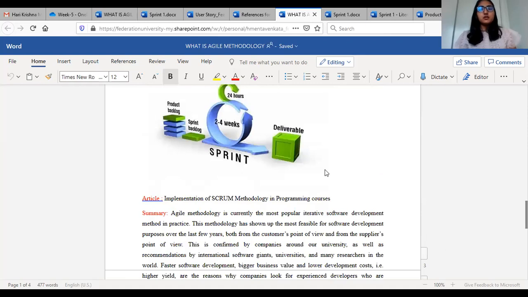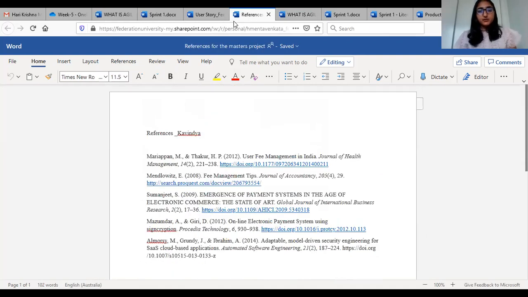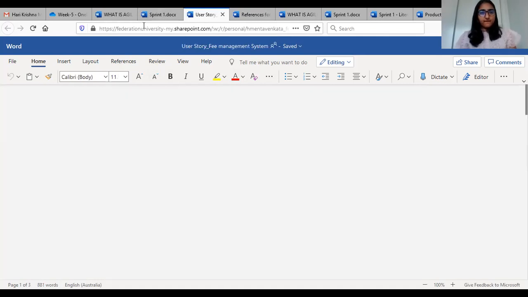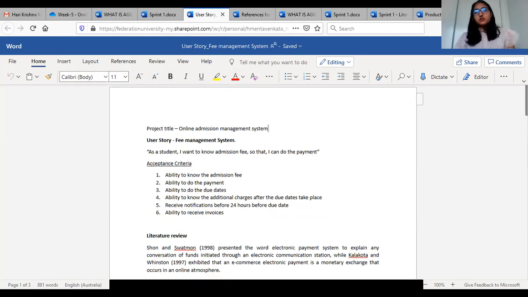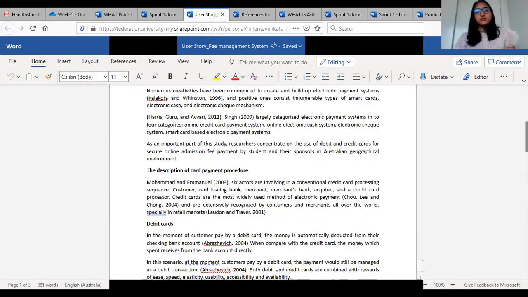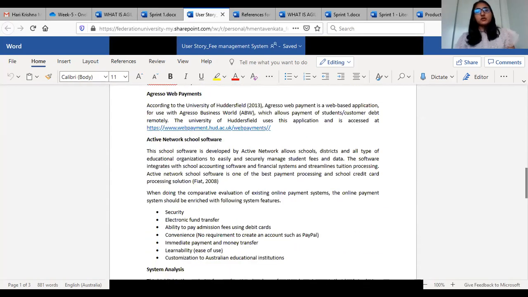She also reviewed 5 articles, and this one is Kavindya's work, references, and the online admission management system. In this, she also reviewed articles and also worked on functional and non-functional